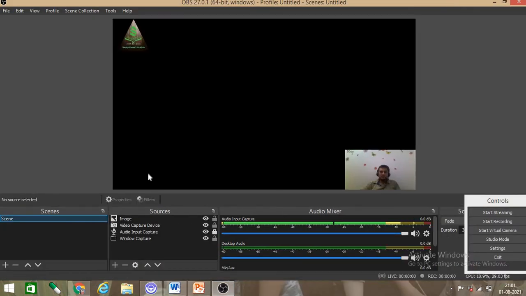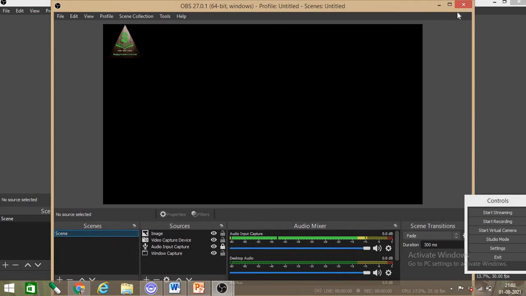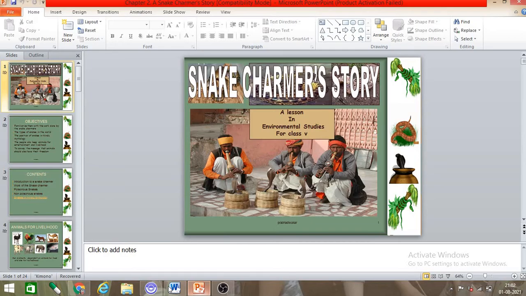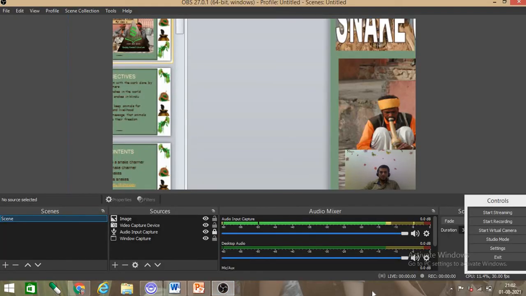Okay, now these were my settings, already done. Now on exiting I came out of that OBS. Now again I open it.